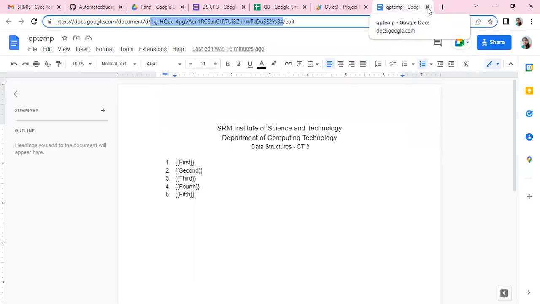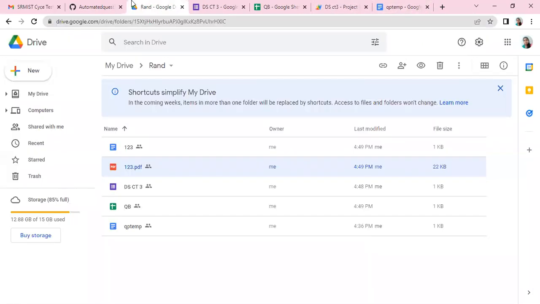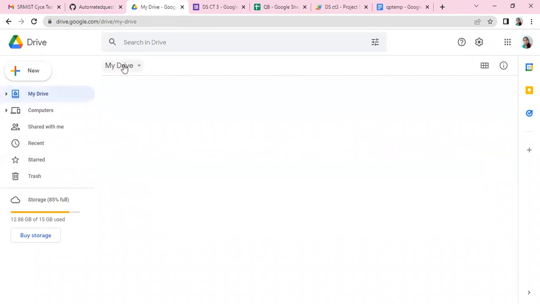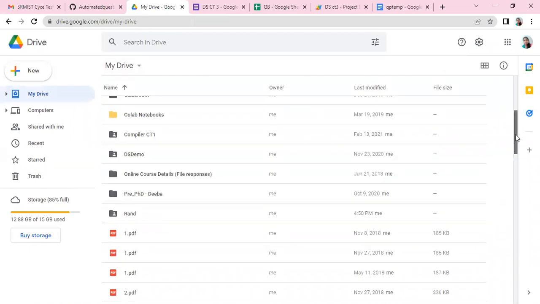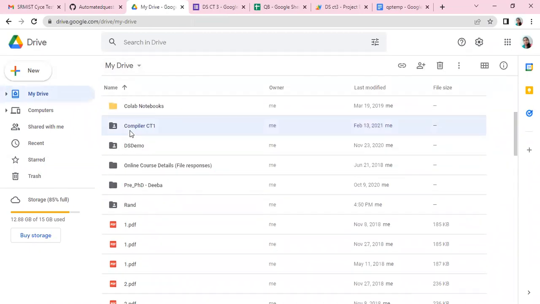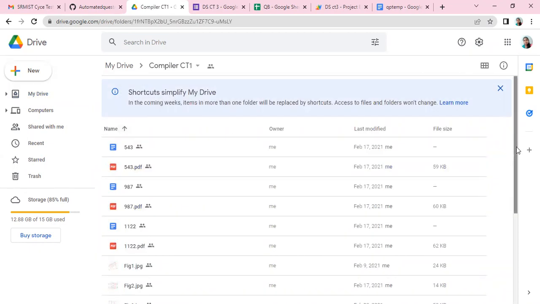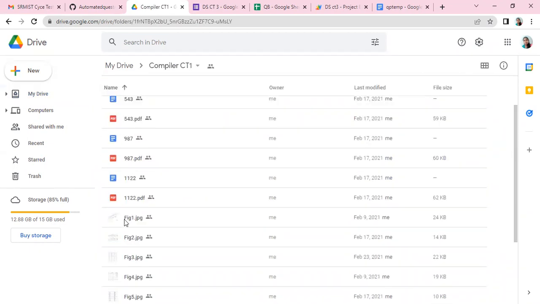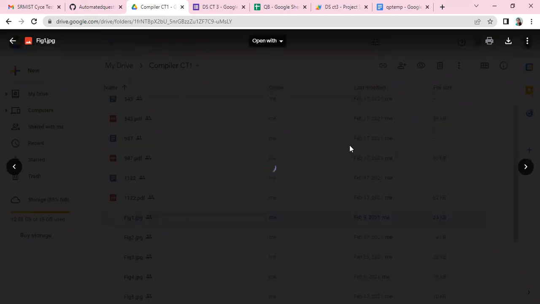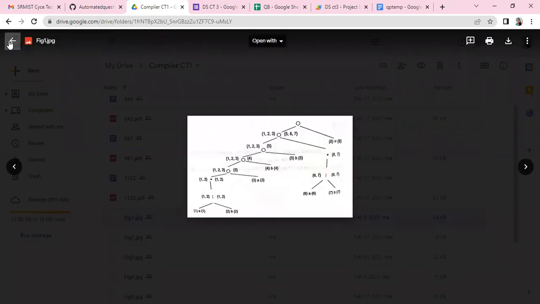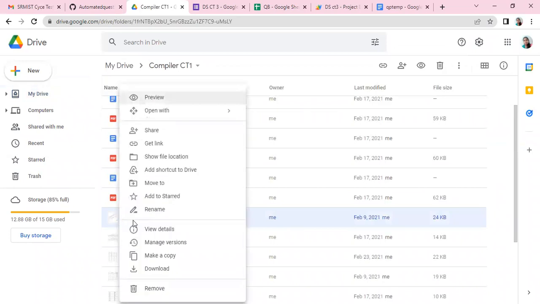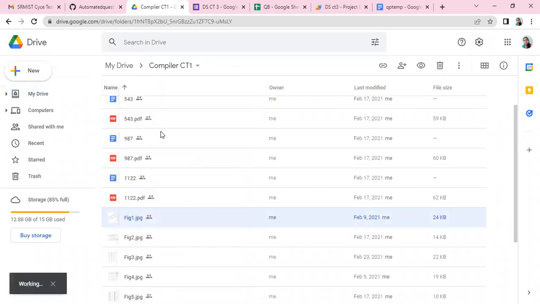As I said, this is specifically done only for this question paper that doesn't have any images. It is just for text and there is no mathematical formulas included. If you want to include any image into it, my suggestion is, I'll show you something where I have it. See, my suggestion is to use this images here. Okay, store the images here. And once the images are stored, you can get the link of this. Like you can share it and copy the link of